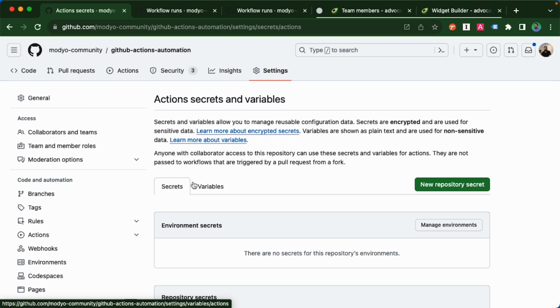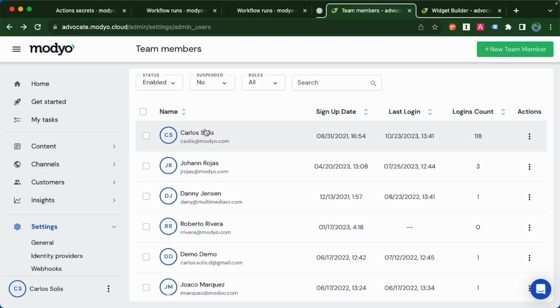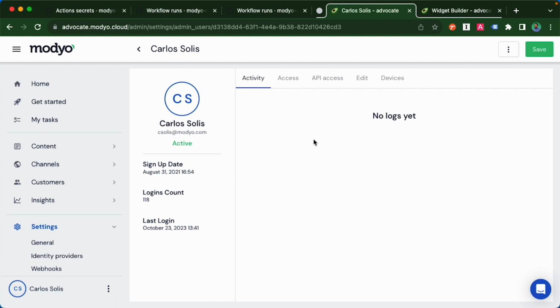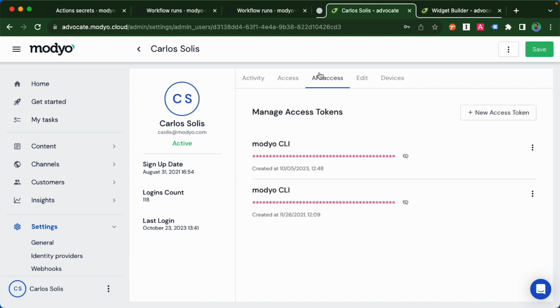Here we're going to save the token we have from Modyo. So let's go to Modyo. Remember to select the token from one user. In this case, I select the user, click on API access, select the Modyo CLI, copy that value,